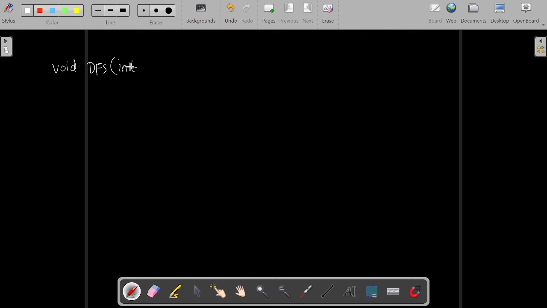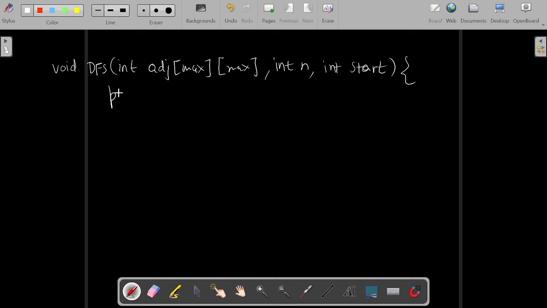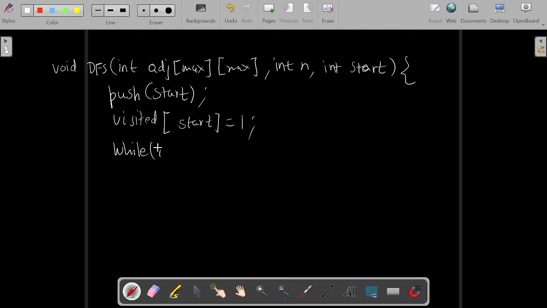You see that lab manual, there it is written using recursion. I will show you. As I told you, every recursive code we can also write using a stack. See here, let's say the adjacency matrix and its size are given, and we need to pass where to start. First we need to push the start node and mark it visited. While the stack is not empty,